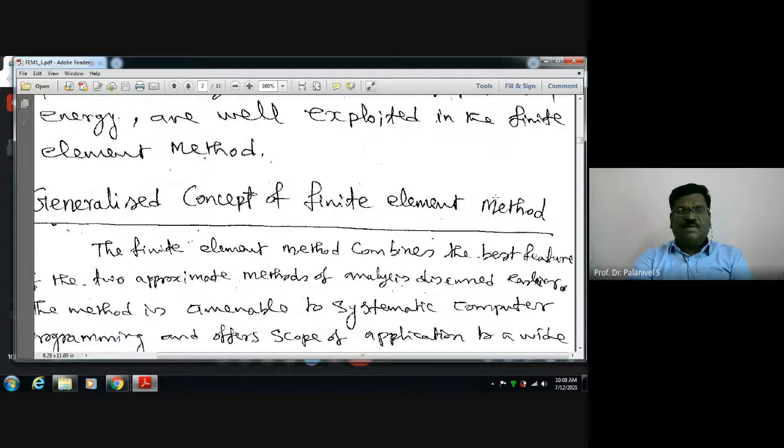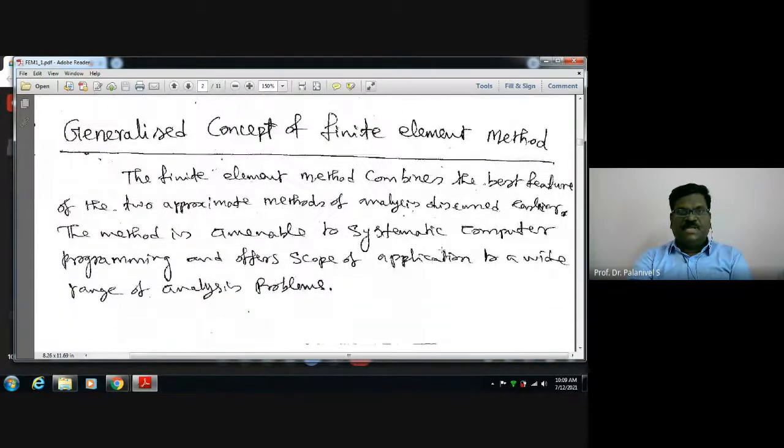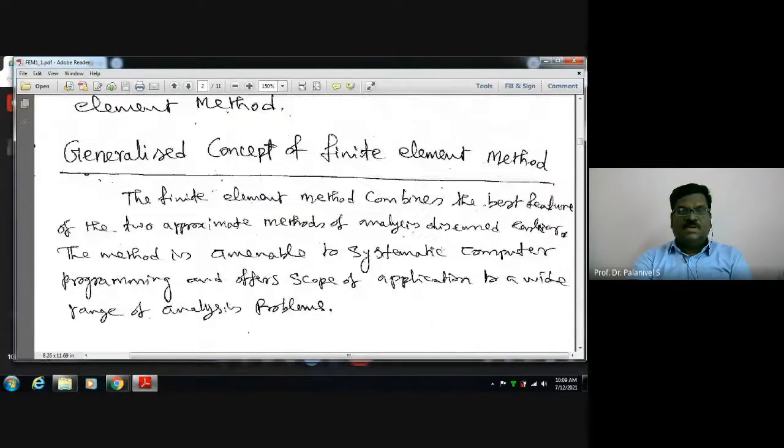Now I am coming to the generalized concept of finite element method. This I have chosen from another interesting textbook. So far I have followed C.S. Krishnamurthy, Rayleigh's method full discussion. From Professor C.S. Krishnamurthy, I referred to that textbook. Whatever statements and paragraphs I have written are all available in that textbook; I simply copied from that. You can refer to those textbooks if you have a copy.